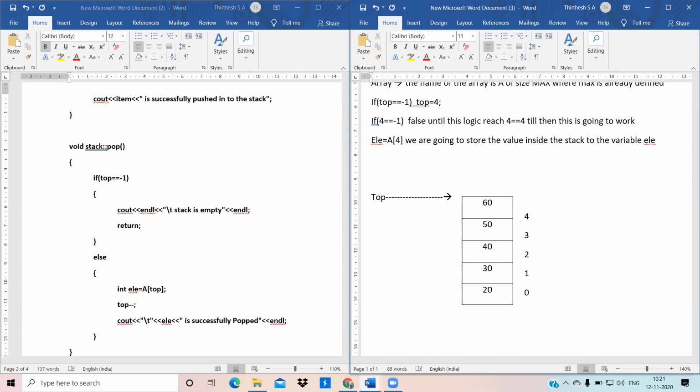Okay, which means that in ELE placing, 60 goes now.